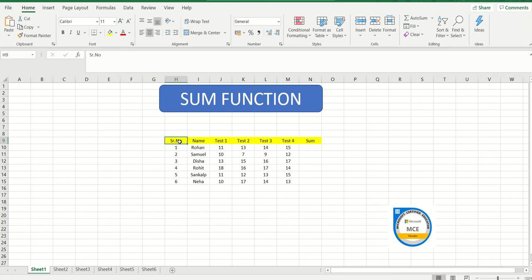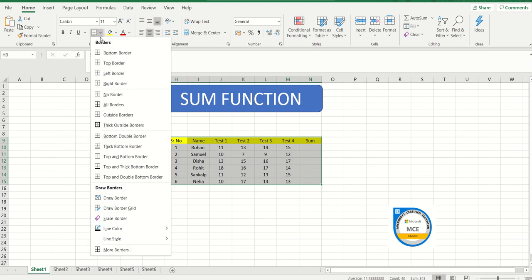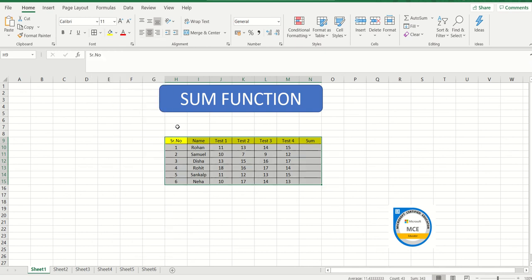Okay, and now I would like my table to look in a better format, so I would be selecting the entire data which is there in front of me. I'll go over here where the table option is given and then put in the data entry over here. These are the various entries which are available. Okay, and in case I want my heading to be in bold, I'm going to select the heading and then click bold from here.